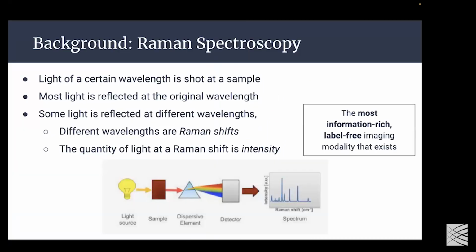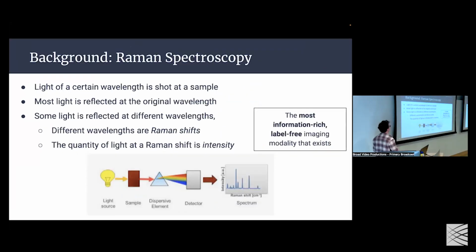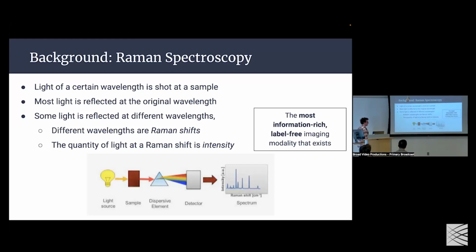In particular, I'd like to give a shout out to, but before I do that, I'd like to briefly introduce Raman spectroscopy, which has been around in the physics community for a while. It was discovered by an Indian physicist named Raman back in the British colonial period. It's been around for a very long time, but in biology you don't see it too much nowadays. So it's a very novel thing to think, let's put Raman into a biological system and see what happens.